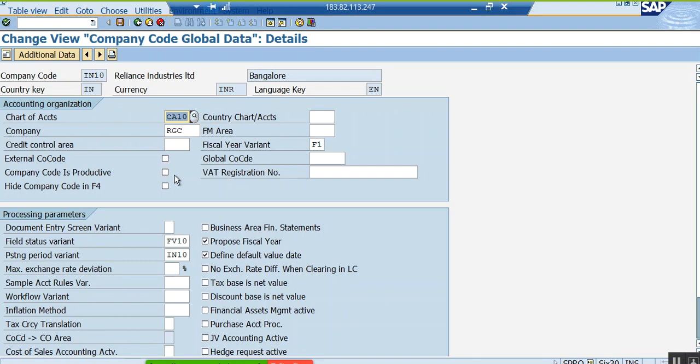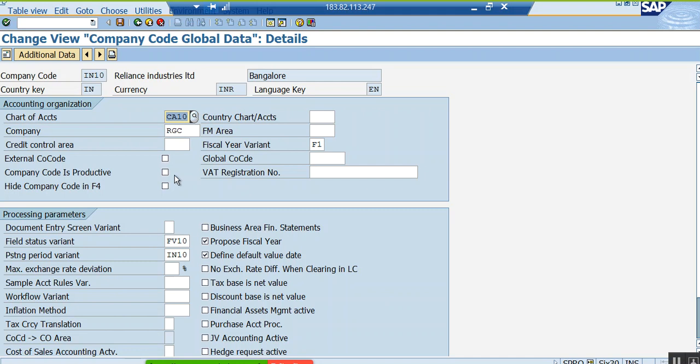For example, you maintained master data and something is wrong, how to fix it? There are some standard programs that you can execute and completely delete the master data in case you don't want it. But now in this case, my master data is correct, business transaction data is correct, and the